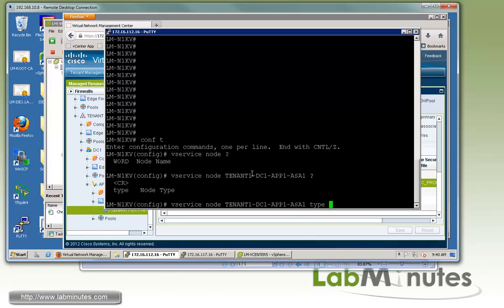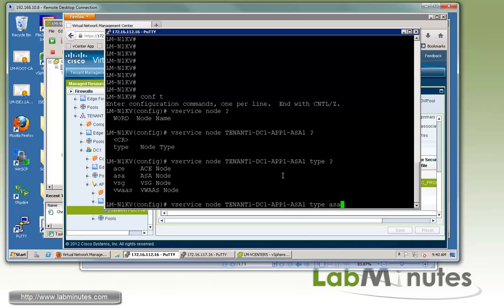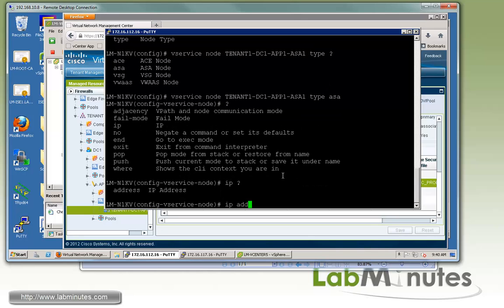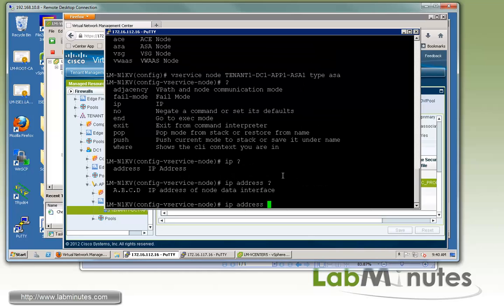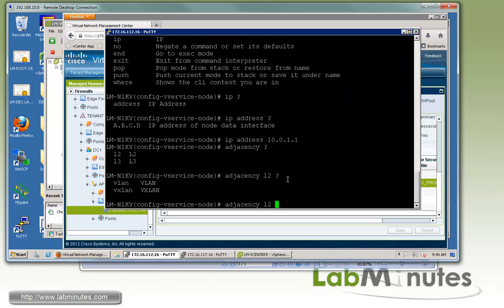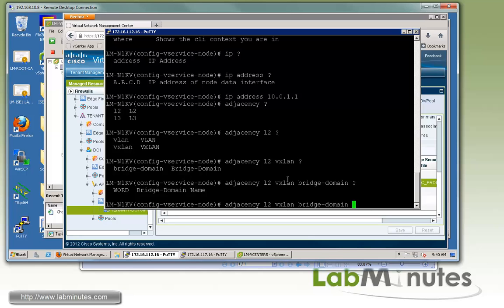And you have to specify the type. Here we have various options, but we're dealing with ASA, so we specify the type ASA, and then we'll give it the IP address. This is the IP address of the inside interface of the ASA, for us 10.0.1.1. So not the management, but the inside interface. And then for adjacency, it's going to be layer 2. This is for the VLAN that the inside interface is connected to. And for us, it's a VXLAN with the bridge domain called VXLAN